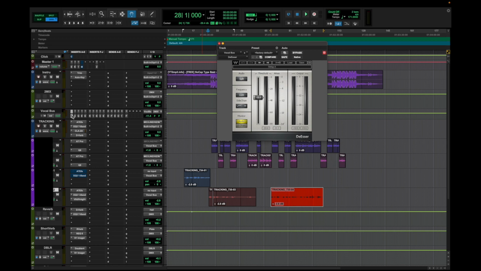So first up on my chain, I have a de-esser, and I use this de-esser just to take out any S's because in the end, I do want to go for a bright vocal. So I like to de-ess at the start so the de-esser knows to take out any unnecessary harsh frequencies. I have this de-esser set in the 5 kilohertz, 5.5 kilohertz range. Specifically, that's where the S's will be. And as you're mixing, you don't want to just keep hearing those harsh S's and harsh sounds. So I put a de-esser at the start just to eliminate all of that.